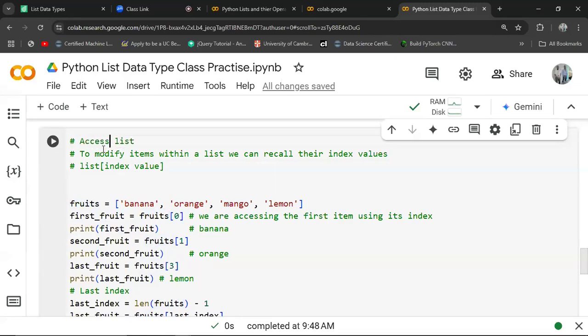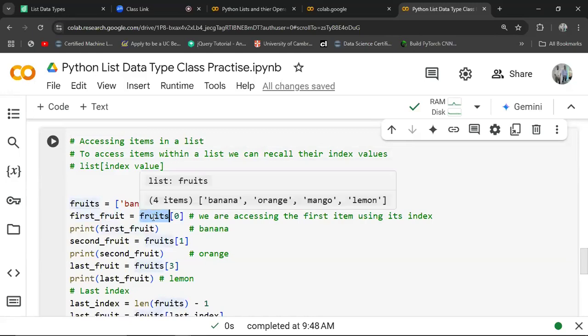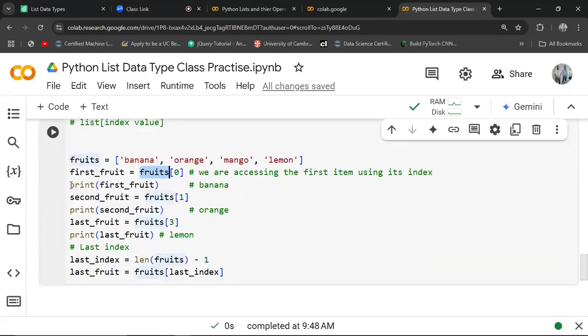This should have been accessing elements, accessing items in a list. So to access items within a list, we recall their index values in this manner. If I want to get the first item, I can just take the one at index 0, and so on and so forth. So if you run this one now,